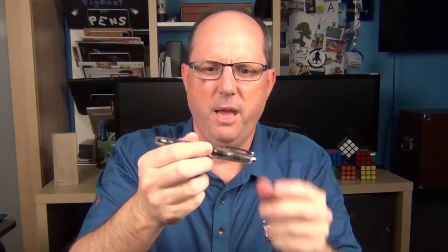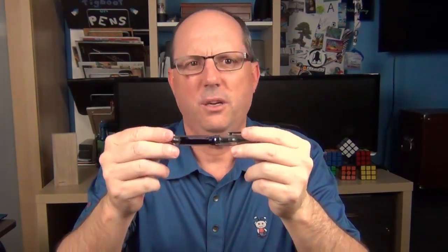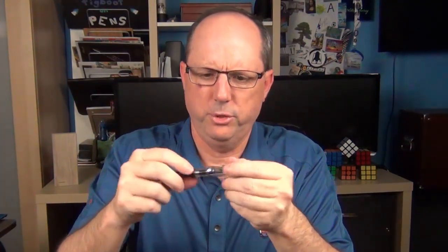First of all, it's a vacuum filler, and I think that vacuum fillers are fun and cool. This allows a very small pen to have a fairly large ink capacity. It's made of clear injected molded plastic, and both the barrel and the cap are faceted. Downsides? This pen is too small for me to use unposted, but the cap posts by screwing it on at